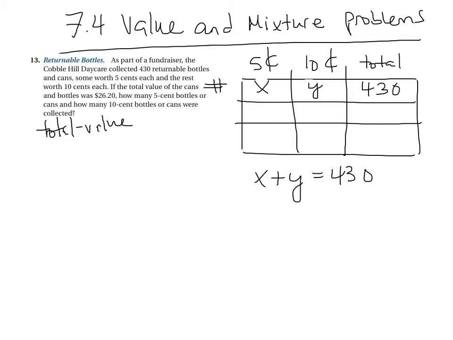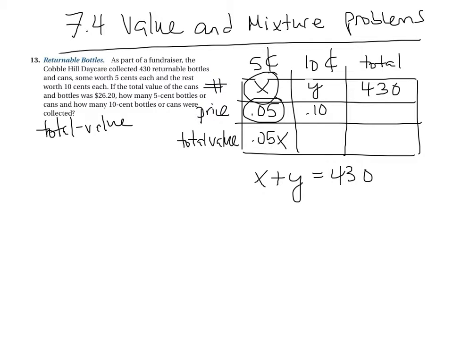And then I guess we would call this the price. Each 5-cent can is worth 5 cents. Each 10-cent can is worth 10 cents. And we'll call this the total value. So if we have X cans, and each one is worth 5 cents, the total value of the 5-cent cans is